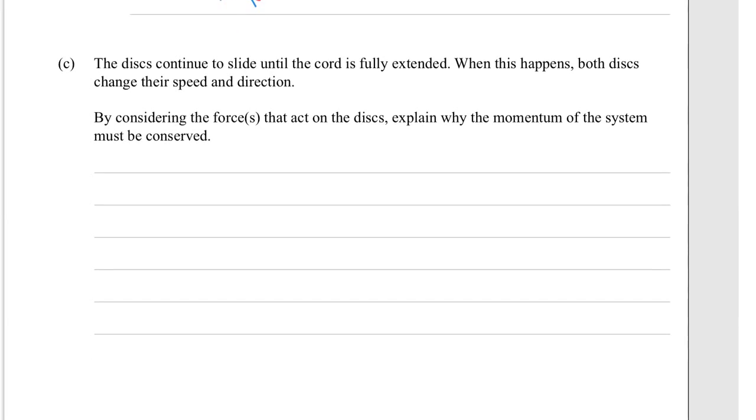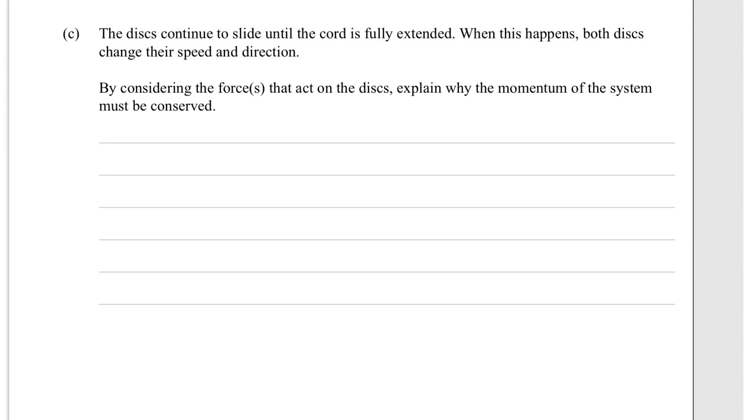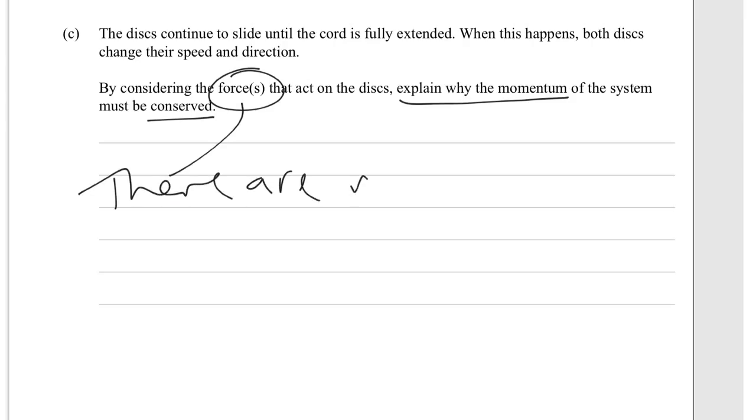The discs continue to slide until the cord is fully extended. When this happens, both discs change their speed and direction. So this is again a different, like a third situation of a collision-type thing. But carrying on: by considering the forces that act on the discs, explain why the momentum of the system must be conserved. Okay, so when we're talking about considering the forces,